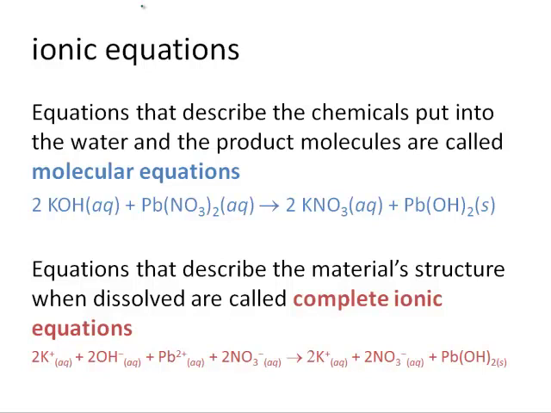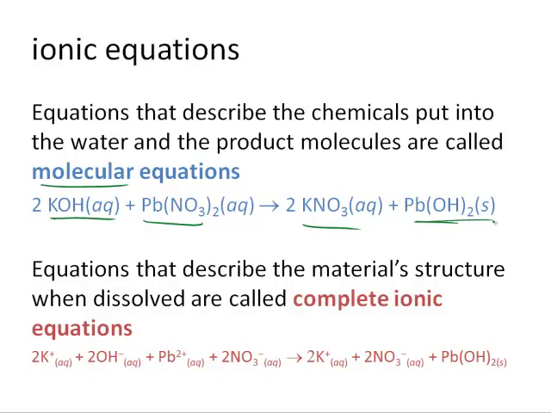Since we know that when an ionic compound is dissolved in water, it dissociates, it turns out that there are several ways we can write chemical equations. One is a molecular equation, where I think of everything together in the compounds and molecules. In this example, potassium hydroxide is reacted with lead nitrate, producing potassium nitrate aqueous and a solid lead